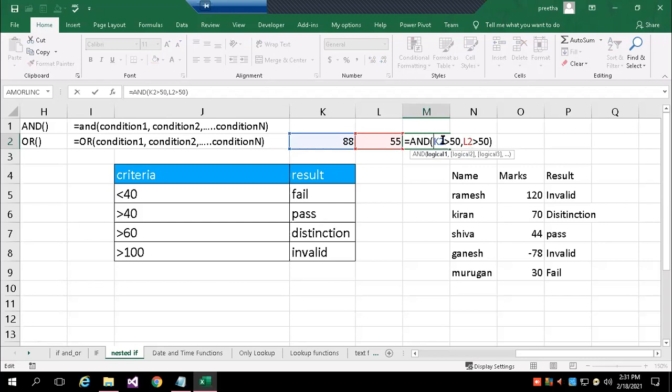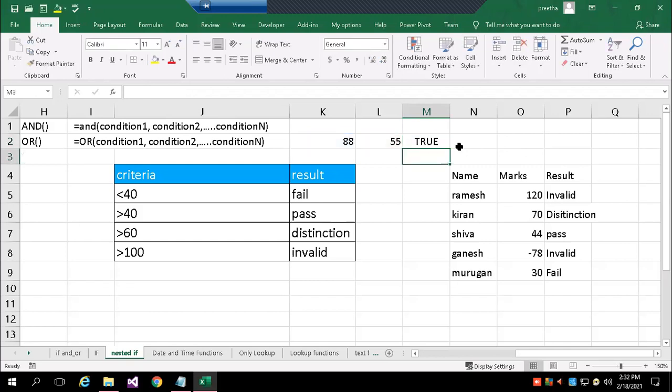AND is for testing more than one condition. In the test, all the conditions must be satisfied. They should be verified and all of them should return true, then finally the AND function will say true. If any one is below 50, then automatically it becomes false.